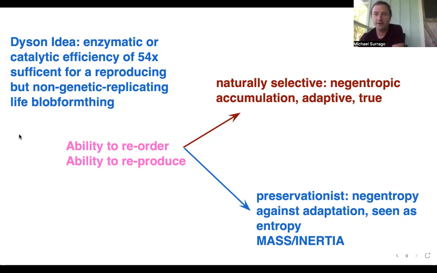I know that last terminology sounds a little bit vague, but the basic idea that Dyson was working with, because he's a genius mathematician, Freeman Dyson,